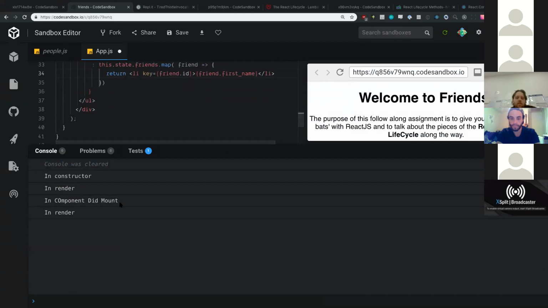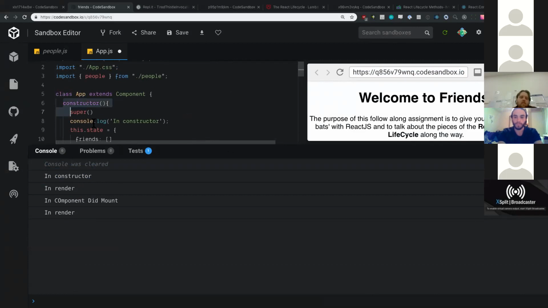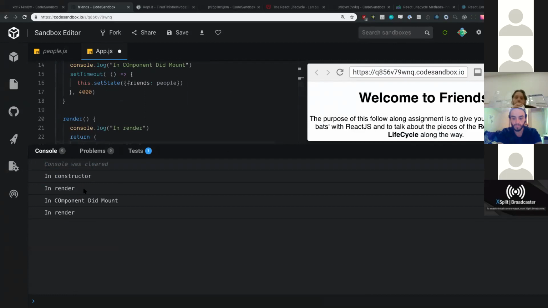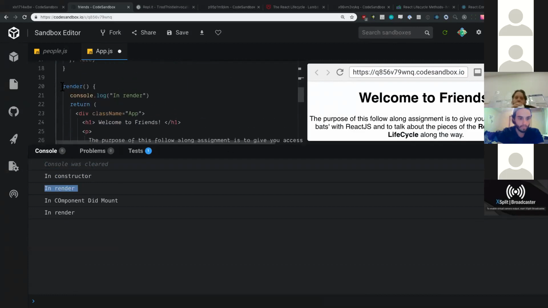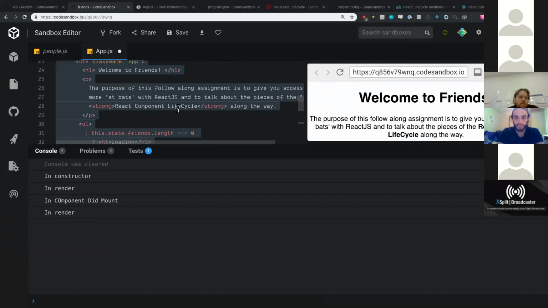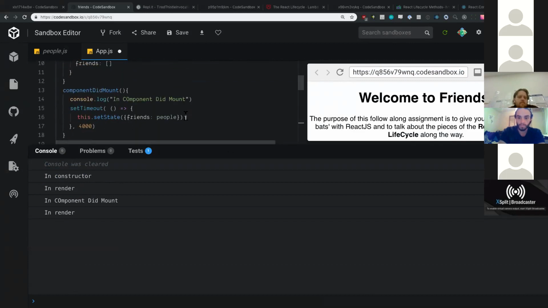All right. Our constructor is being called. That's the first thing. That's our setup. That's the birth of this component right here. Then render is being called. That's the next thing on the life cycle. Render is going to render some UI based on the data it currently has. Once render is called, then component did mount is called. And if we look at this,